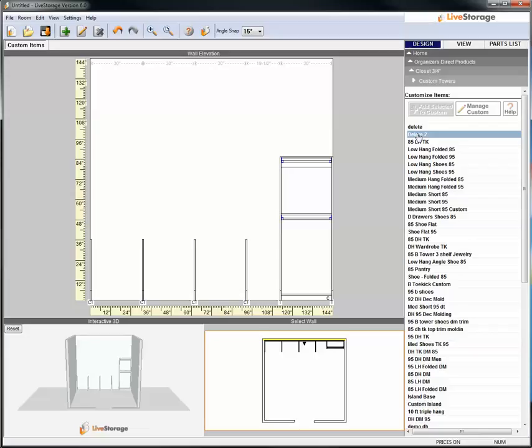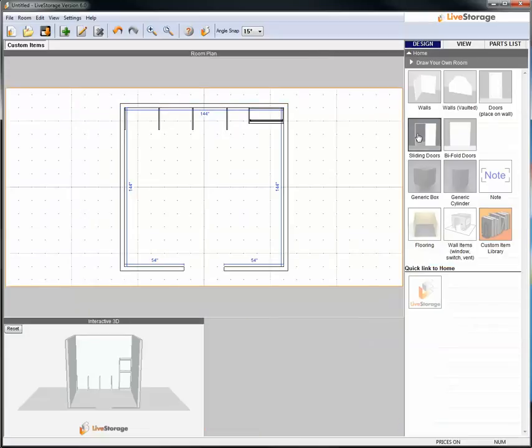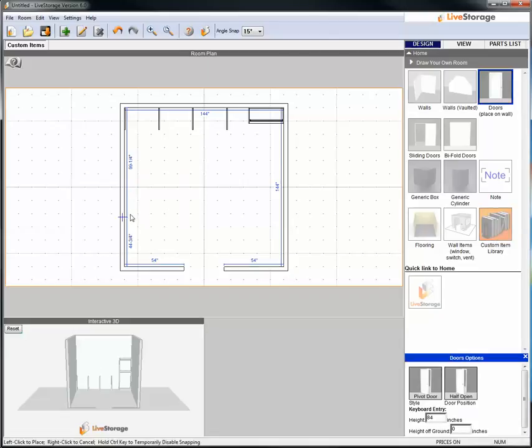Lastly, under our Draw Your Own Room, I have the custom item library. These custom items can be a variety of things. If we have, in a garage, if we're putting in an entrance door in the garage, and say there's 3 steps going up into the garage and the door is 21 inches off the floor. When I go in and place